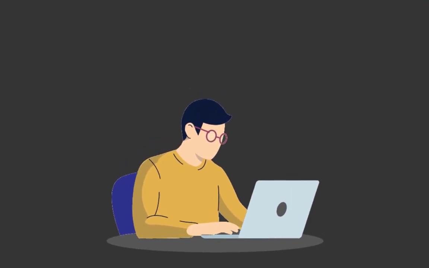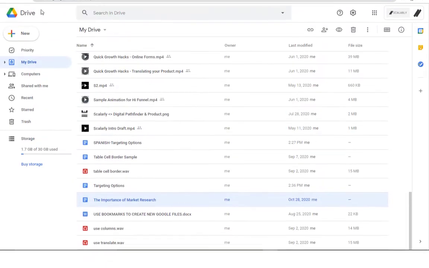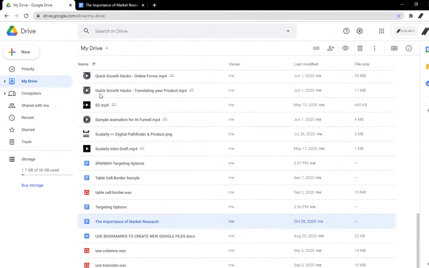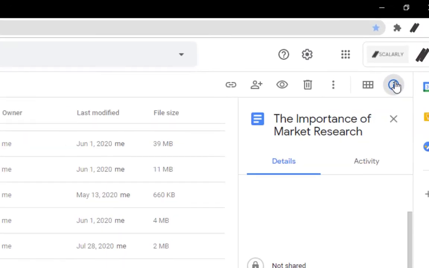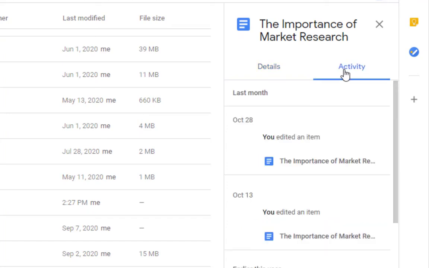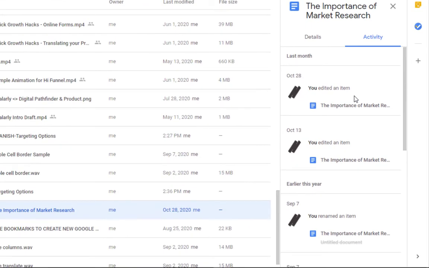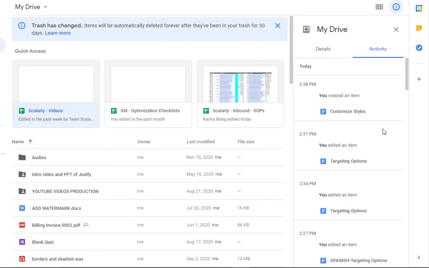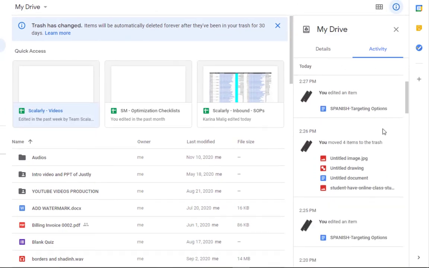You can also see who has shared your Google Doc and when. You can also see the sharing settings so you can better control access to your document. Go to drive.google.com, click on My Drive on the left, then click the small i button on the upper right corner. Then click Activity. Either click on each file or folder individually, or review the scroll bar to the right of the screen. This will show you who has shared your document.